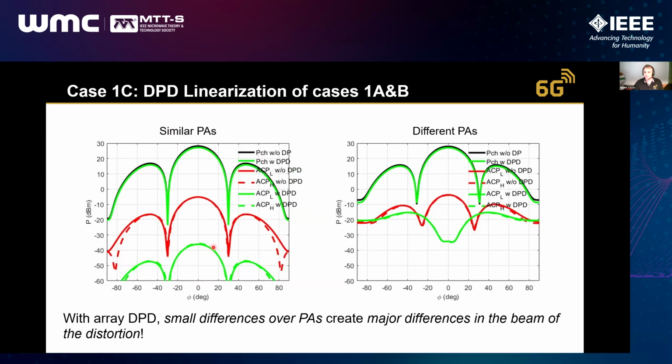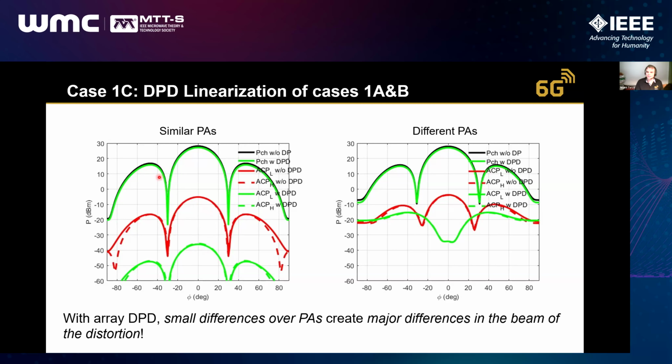So obviously, if I have exactly the same amplifier in all antenna paths, and I do linearization, I will see linearization in all angles. So I will actually see the whole beam of this distortion, the beam of the adjacent power, going down, but the shape will remain because the PAs are similar. So there is nothing actually interesting happening from that point of view. This is of course good. The whole beam goes down, but